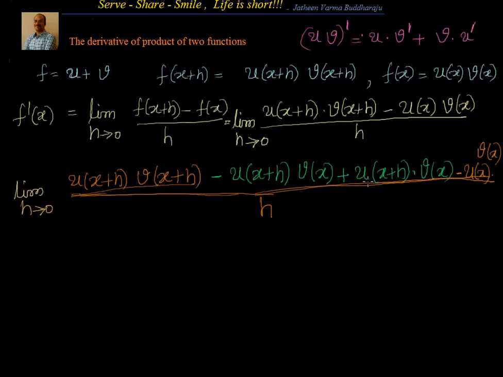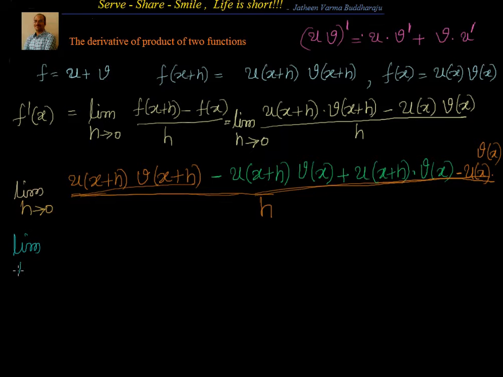What I did is I have added this term and I also have subtracted this term. You can think about why I have done that, because if I have added and subtracted that term, then I can take u of x plus h common, then I can convert the remaining terms into v dash. Similarly, I can take v common in the remaining two terms and make the other one u dash. That's the whole idea. So the next step will be